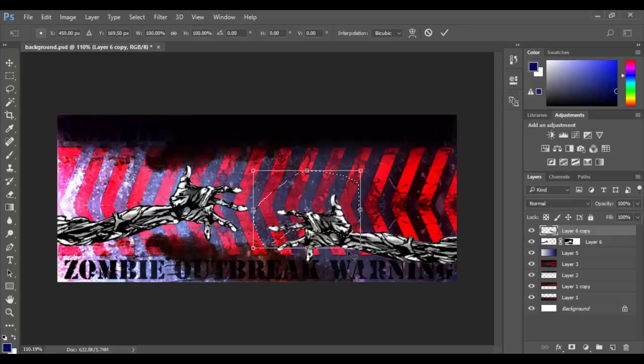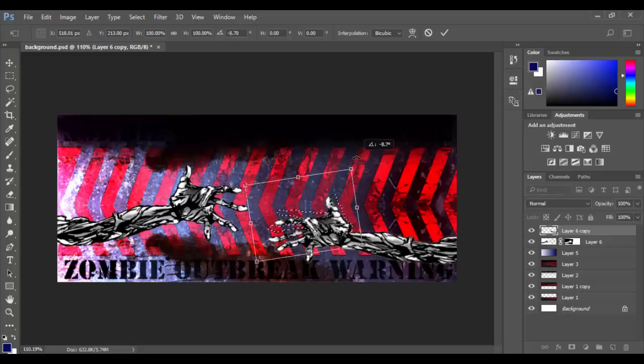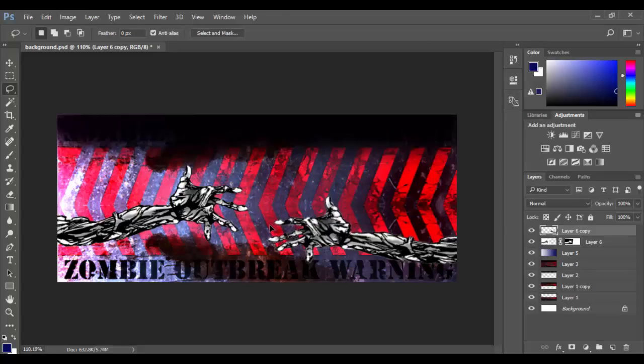So again, I'm going to hit that Control T or Command T on the Mac. I'm going to grab this point and move it to right here so that it pivots around this point, and I'm going to rotate downwards just so it has a little different look and feel than the other hand. Then I'm going to hit Enter or Return and then Control D or Command D on the Mac to deselect. Now I have a custom warp of this hand, which makes it a little bit different than this one,